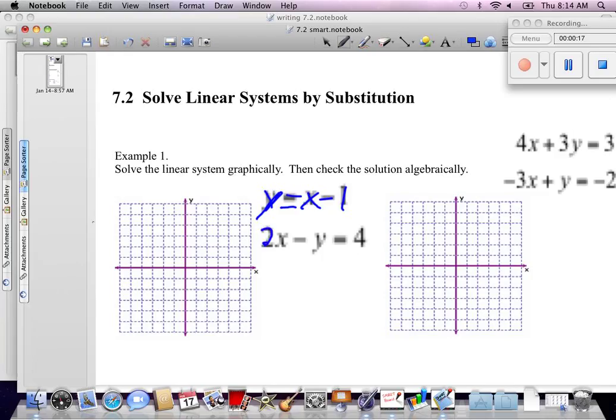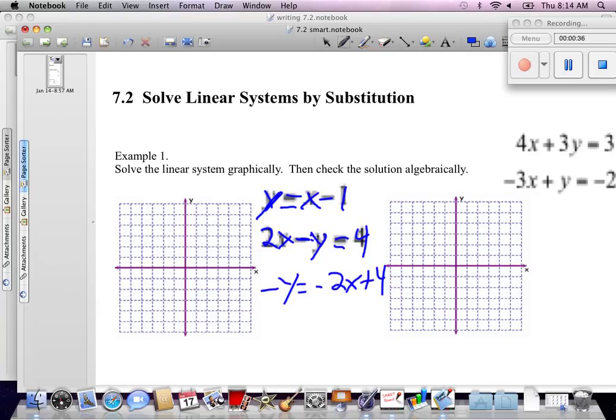We've got 2x minus y equals 4. That is not in slope-intercept form. What is my first step going to be? Yes, Jasmine? Subtract 2x from both sides, and we're going to end up with negative y equals negative 2x plus